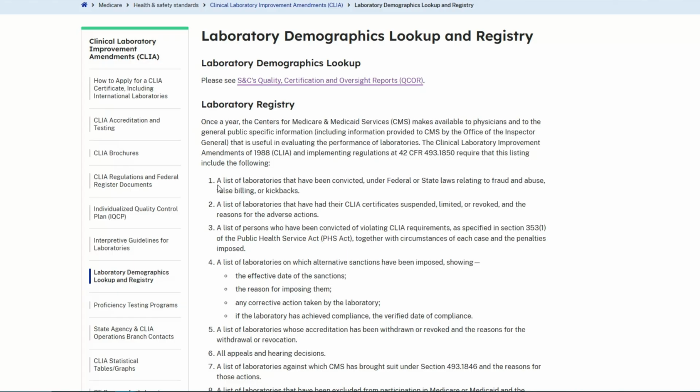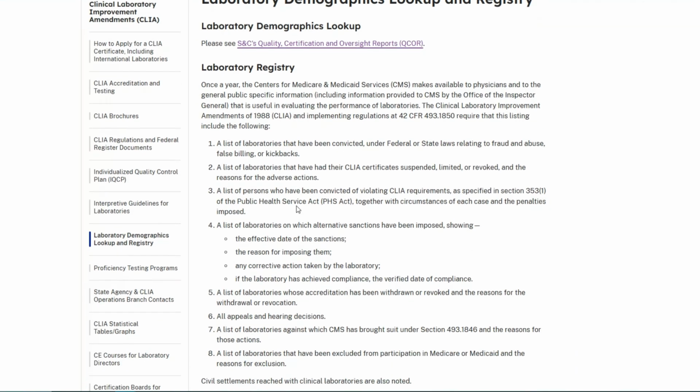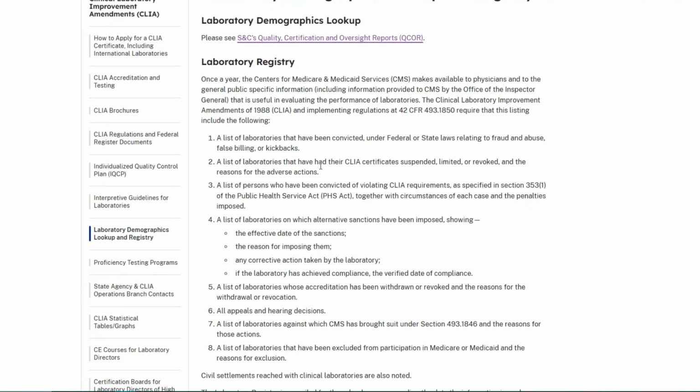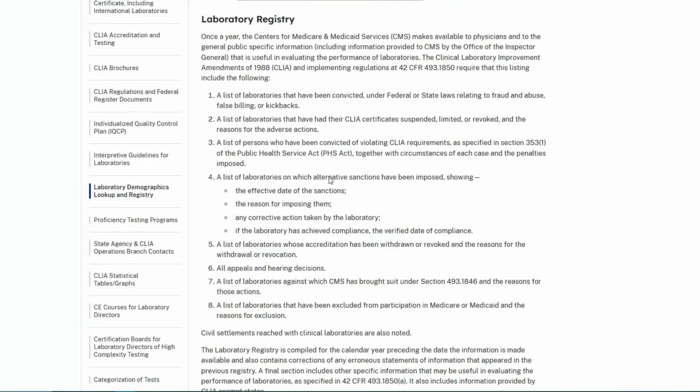You can see here that it requires that this listing include the following: a list of the laboratories that have been convicted under federal or state law relating to fraud and abuse, false billing, or kickbacks; a list of laboratories that have had their CLIA certificate suspended, limited, or revoked, and the reasons for the adverse actions; a list of persons who have been convicted of violating CLIA requirements, and it just keeps going with more information here;